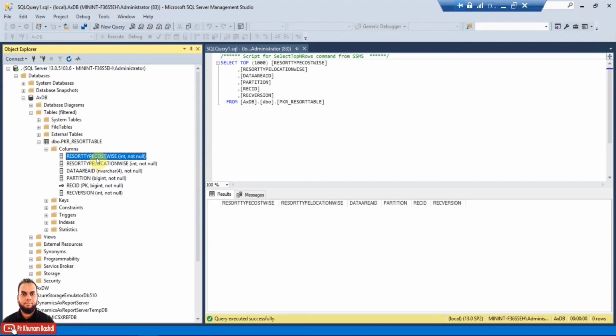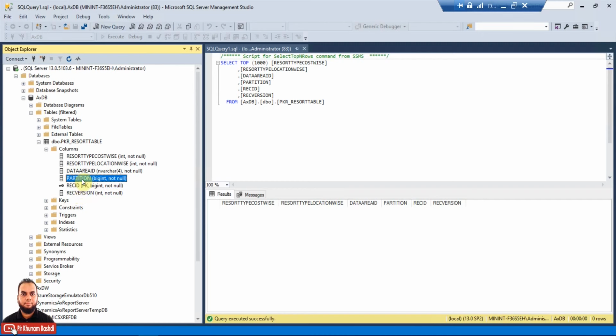There are two fields which we have created, a resort type cost wise and a resort type location wise. And then there are certain fields which are created by the system: a primary key value, which is a rec id, a kind of 64-bit integer. And then there is a rec version, which will keep the versioning information for the rec id.